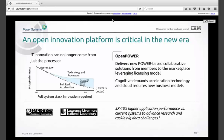They just announced, I think it was the Oak Ridge supercomputer called Summit, that just went live. And it's basically built on OpenPOWER technology. It's running Ubuntu, right? But it's also running with POWER processor technology, Mellanox I/O technology and NVIDIA accelerator technology. And that's one of the key ways that we're delivering full stack improvements, not just in the processor, but in the overall system, to enable Oak Ridge and also Lawrence Livermore to really do some very, very interesting and amazing